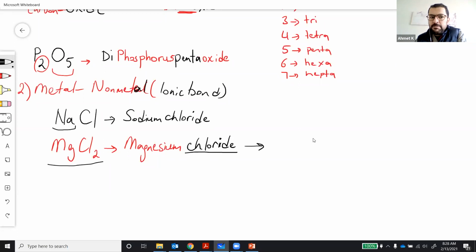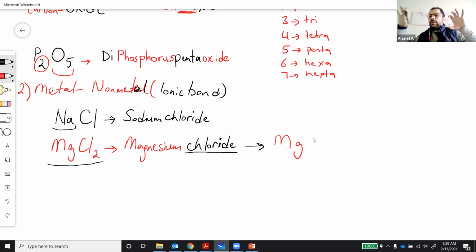Whenever it's metal to non-metal, it's a little easier. You're going to go and find the magnesium symbol, Mg. And we learned from the last chapter how many valence electrons magnesium has. 2, right? And so if the magnesium is reacting with the chloride, you remember when I drew the sodium and chlorine,